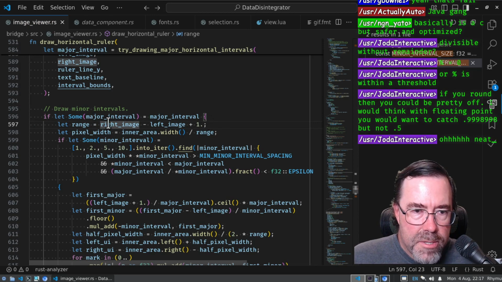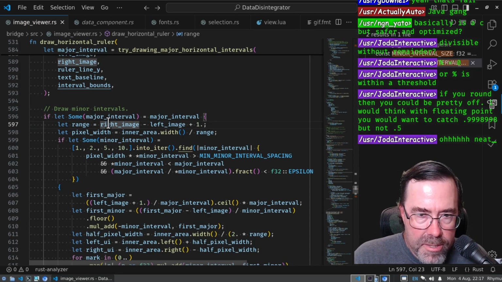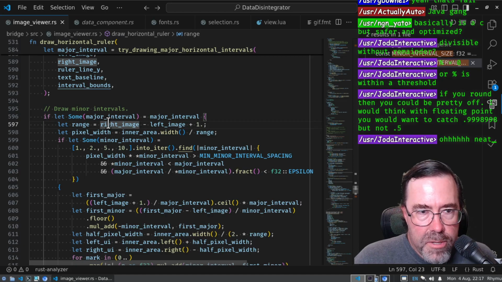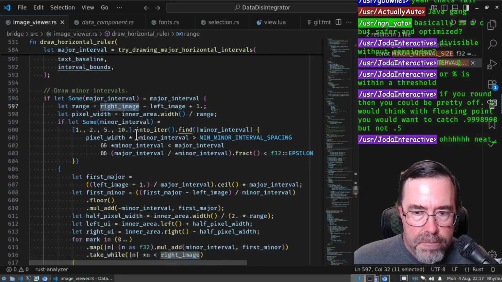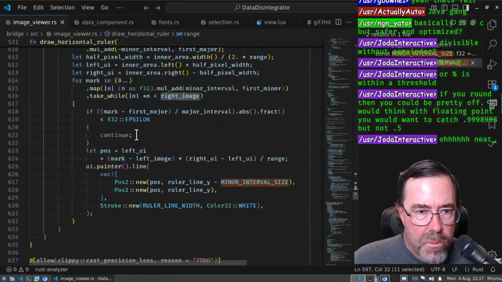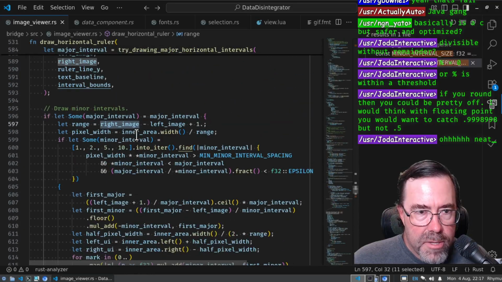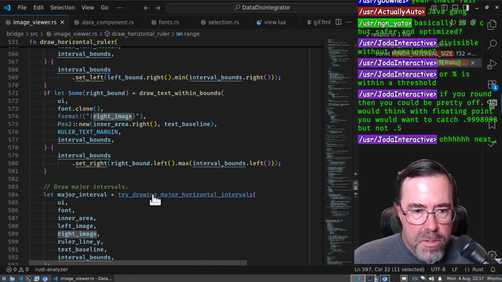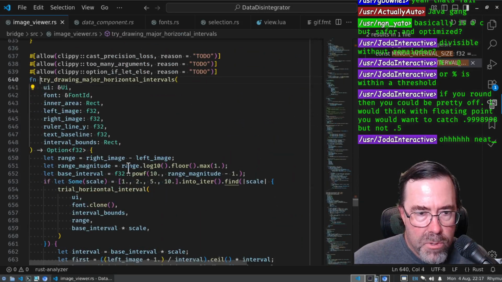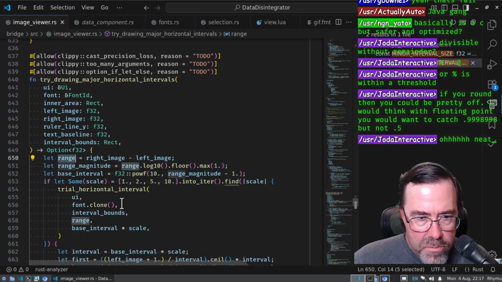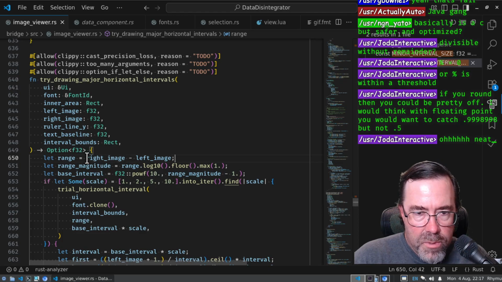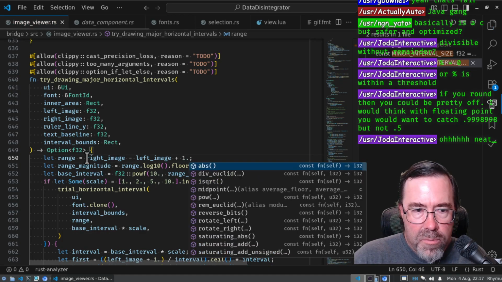Because the right is inside the viewable area, not outside the viewable area. And where I copied that again, I need to fix that. Inside here. Yeah, so where I use this range, I need to add 1 there, off by 1. Okay, anyway,